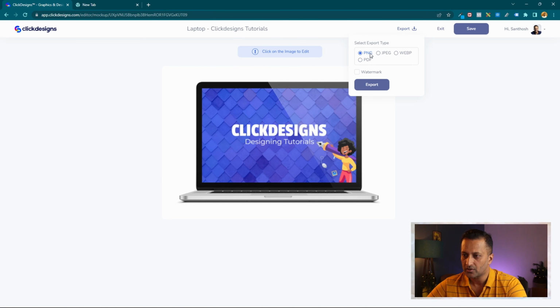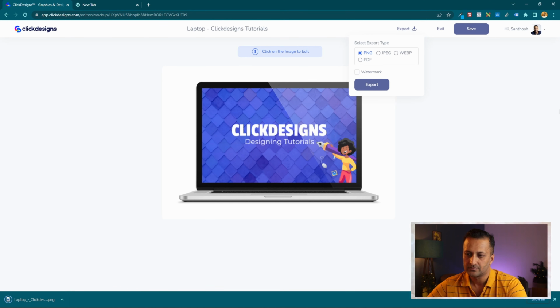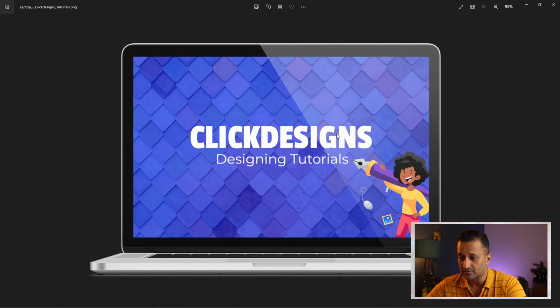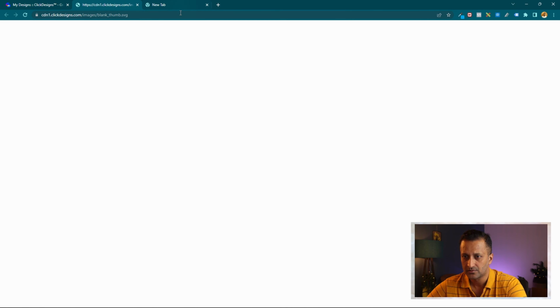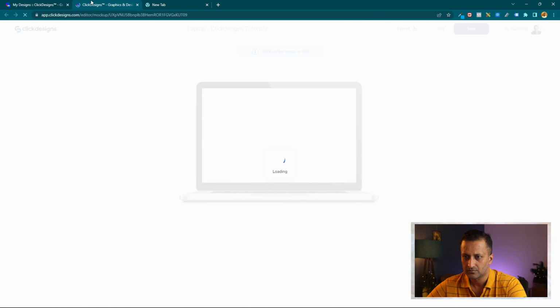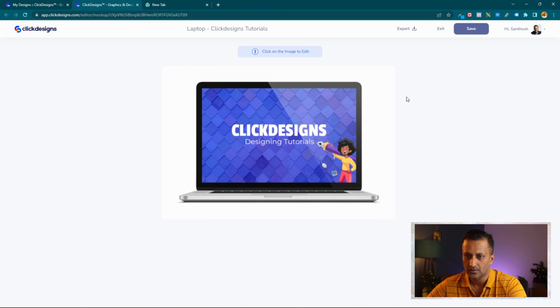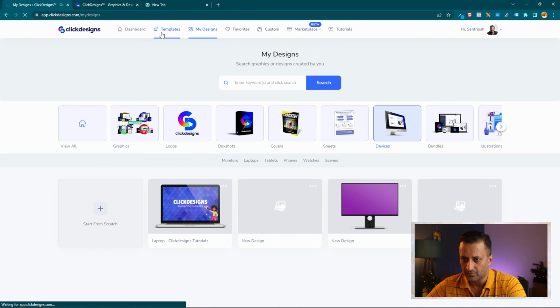All right. Export PNG. It's done. So here is the image device mockup of the laptop. So let me open this in new tab. Okay, edit. I'll leave it as it is. I'll tell you why. Let's go to templates,